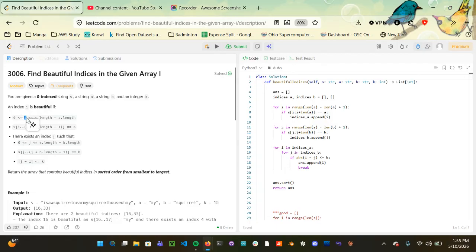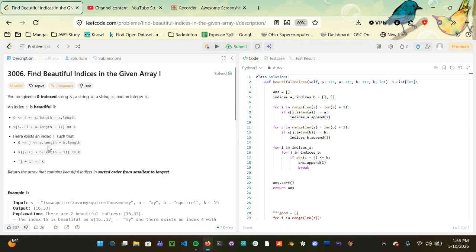the index I is greater than or equal to 0 and less than or equal to S.length minus A.length, and the substring of S from I to I plus A.length minus 1, so just this substring of S, equals A, such that there exists another index J, such that index J is